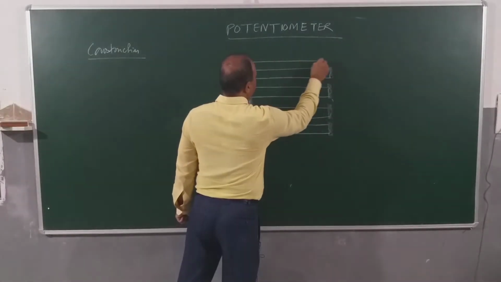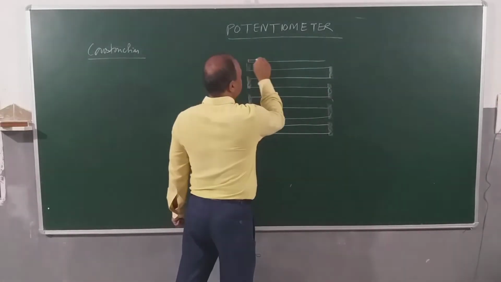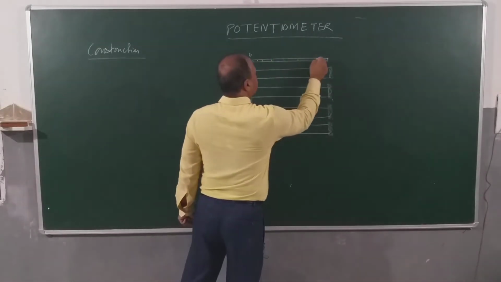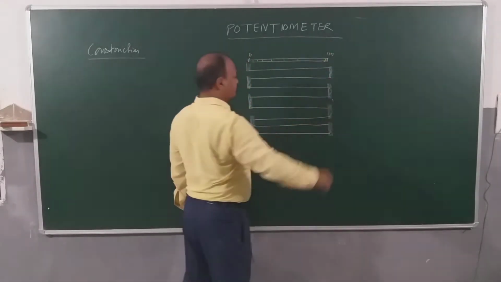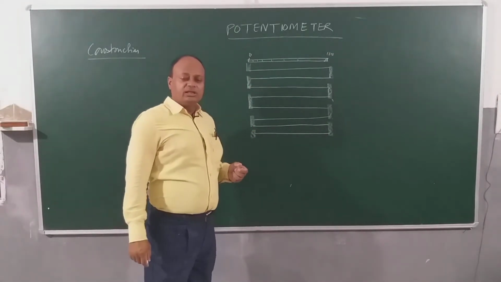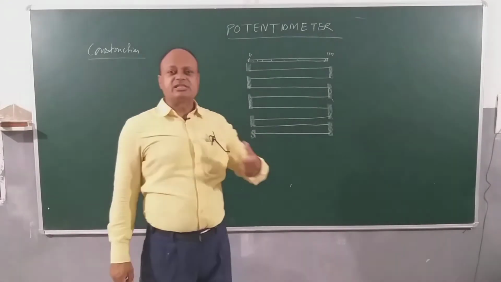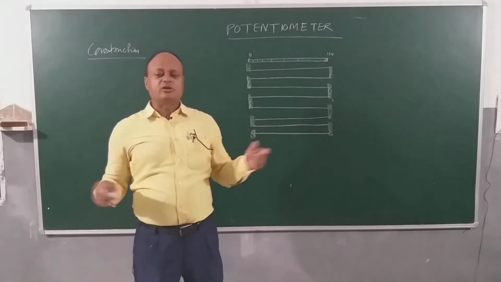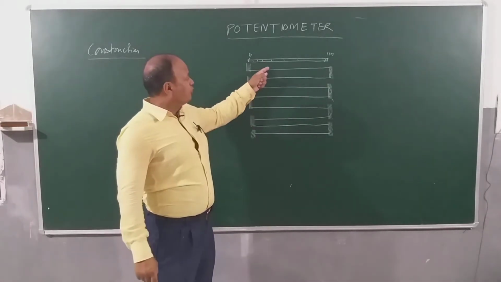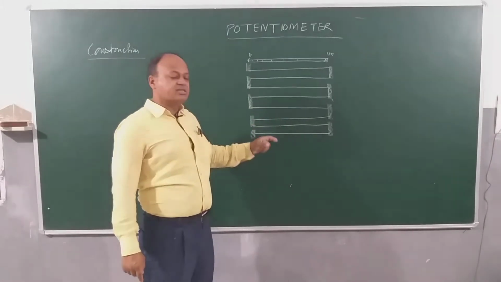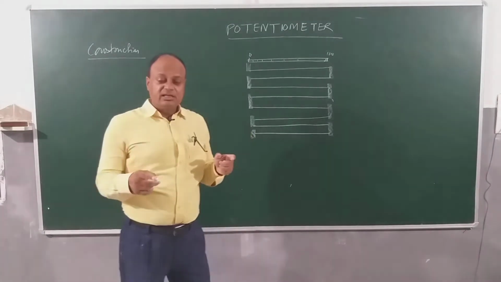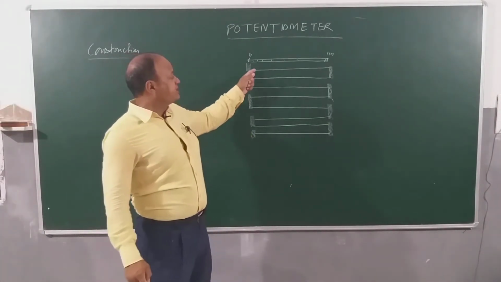Here we have connected a scale to know exactly what length we are using. 0 is here and 100 is here. Now why are we connecting so many wires in series? The answer is that potentiometer is a very sensitive instrument and requires a long length of wire. Now suppose, for example, in this I have shown 1 2 3 4 5 6 7 8. It may have anywhere between 8 to 10 wires, each having length 1 meter, connected in series like this.